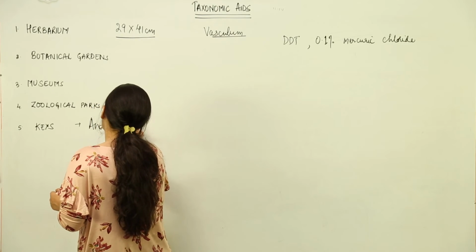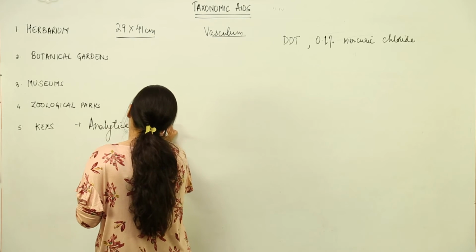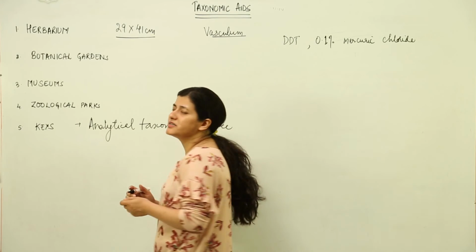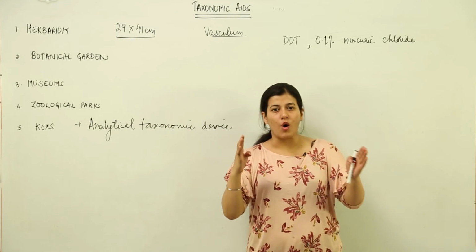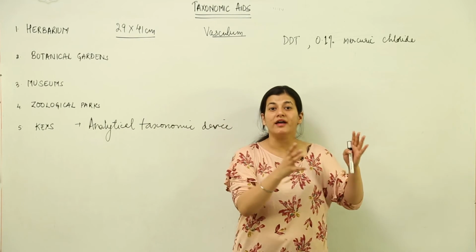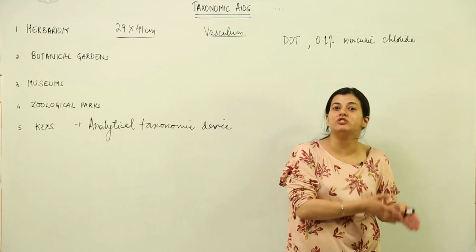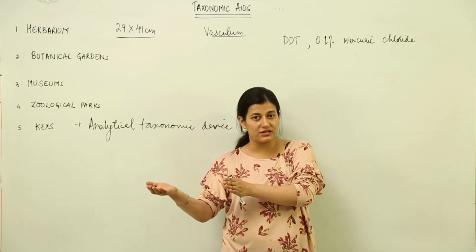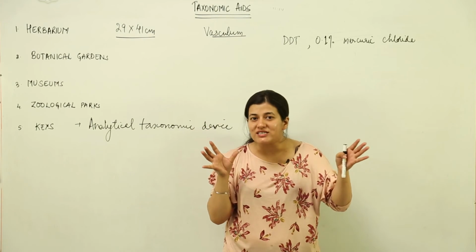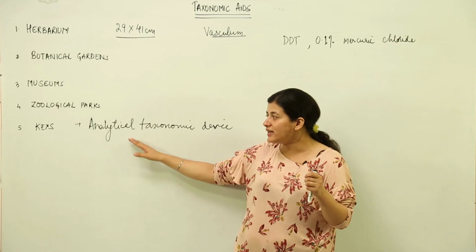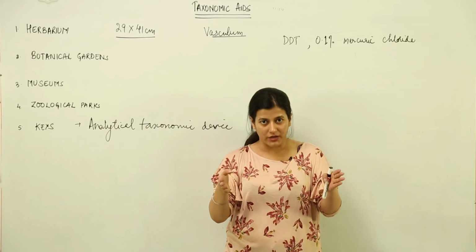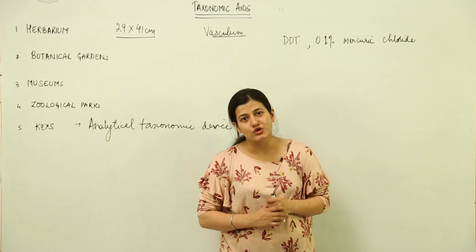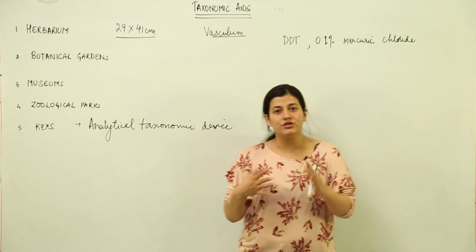Now, when I say analytical taxonomic device, it means that supposedly I have an organism and I have listed its characteristic features. I would have two opposite statements, and one by one I will arrive at whatever genus or species it belongs to by using the yes-or-no method. Supposedly one statement is correct and the other is not. We use two opposite, antagonistic statements for the analytical treatment of the given organism, for arriving at the conclusion of what taxonomic group it belongs to. So these are the 5 taxonomic aids that you need to be aware of.